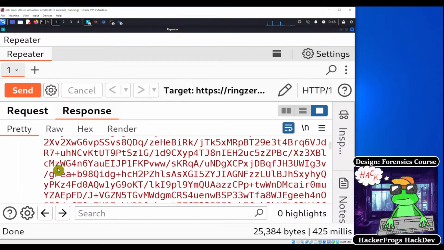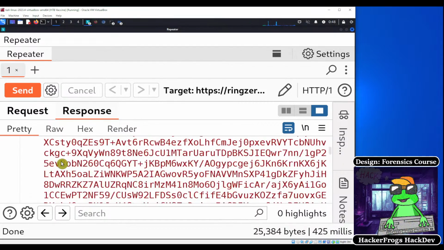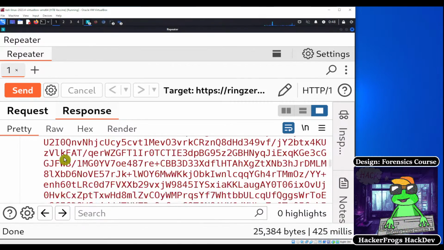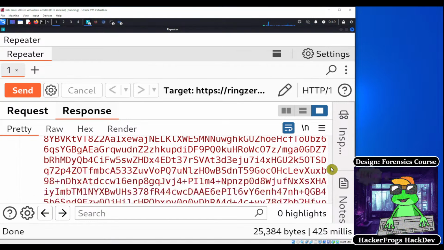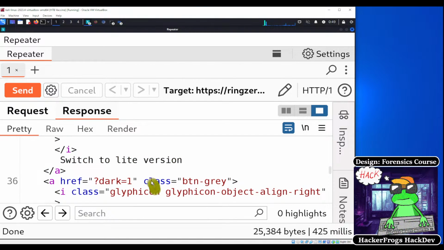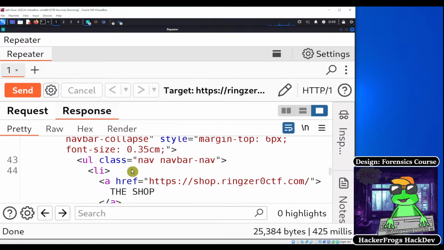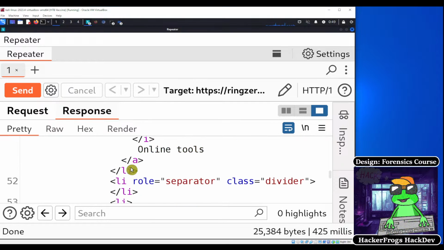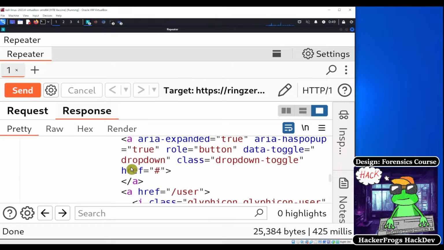We've got our image, which is a lot of stuff. Okay, and then afterwards,